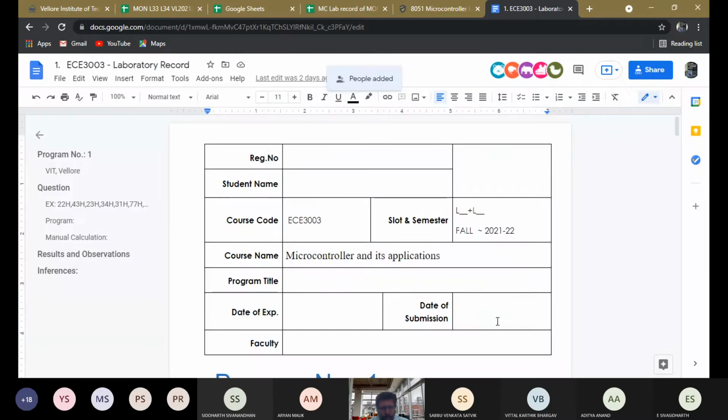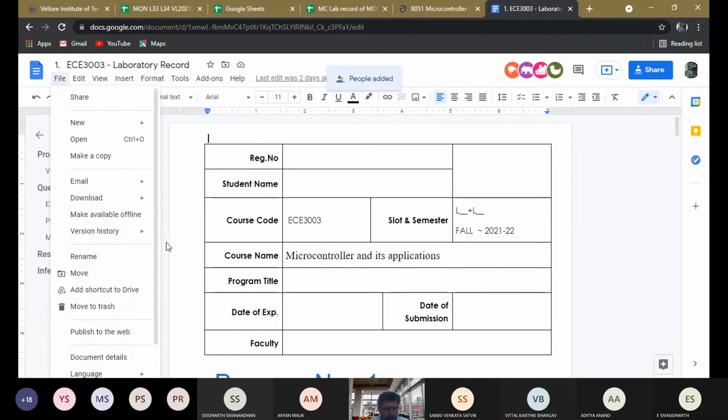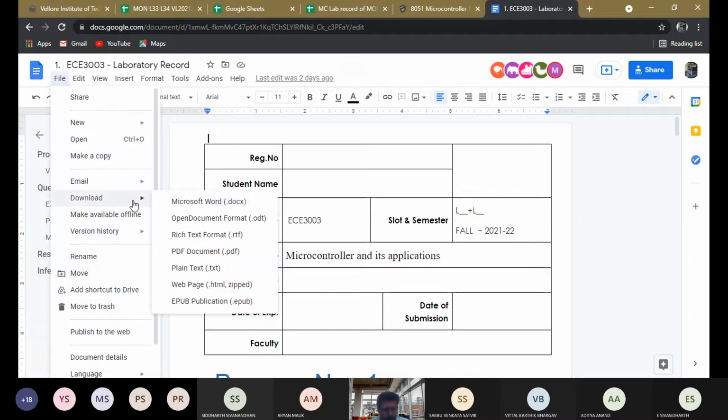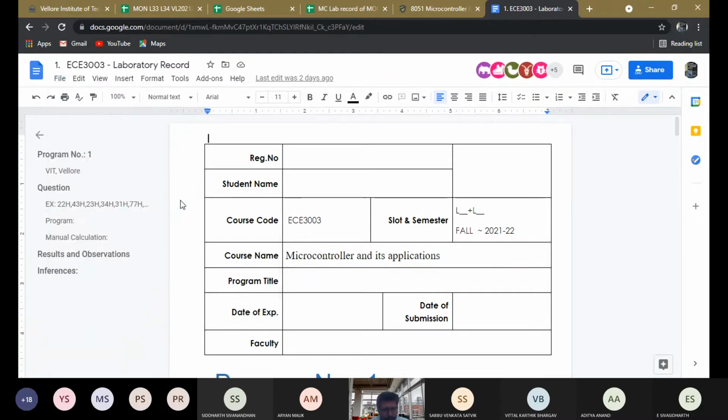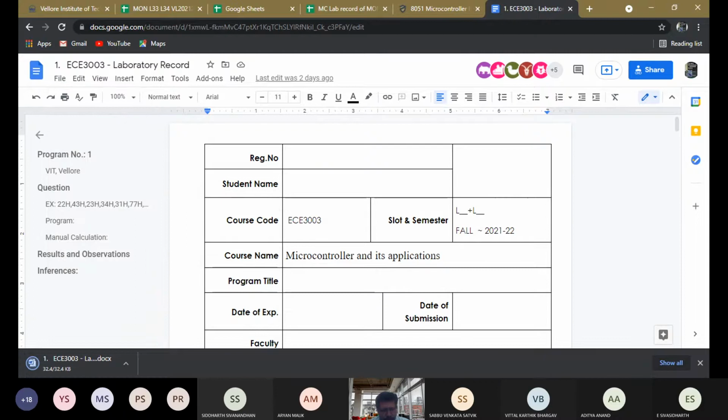Open it in, so try to download this particular file and upload it to your mail ID. So mail ID and create the